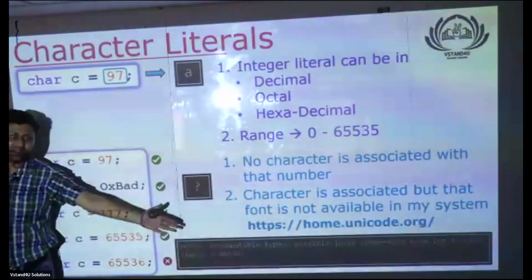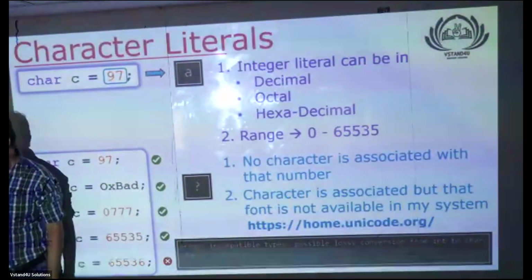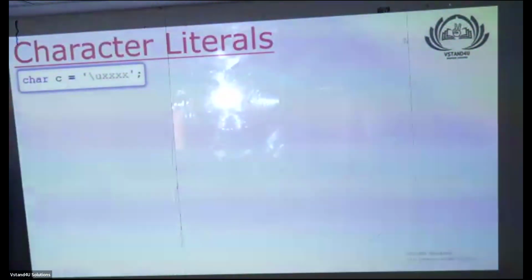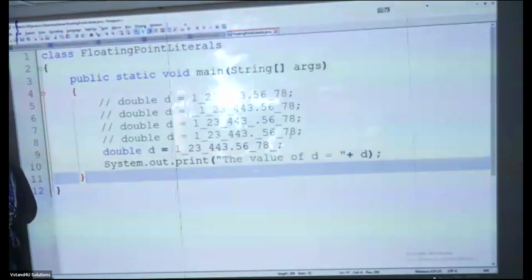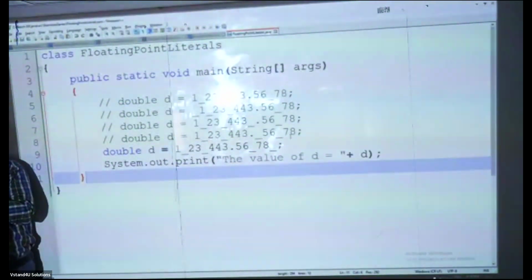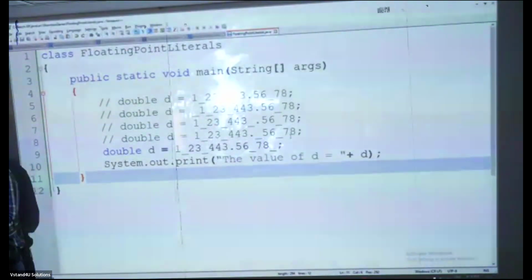Error: incompatible types, cannot be converted to. This is not really critically important for us, so let's not waste time. Point is, next topic we have to discuss is mandatory. Let me complete this one. Can I say our integral data type is done? Floating point data type is done? No confusion?